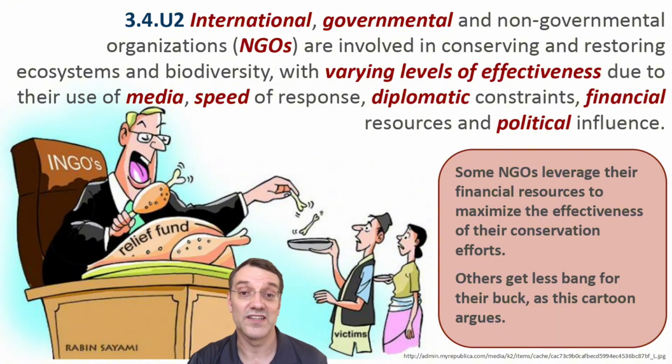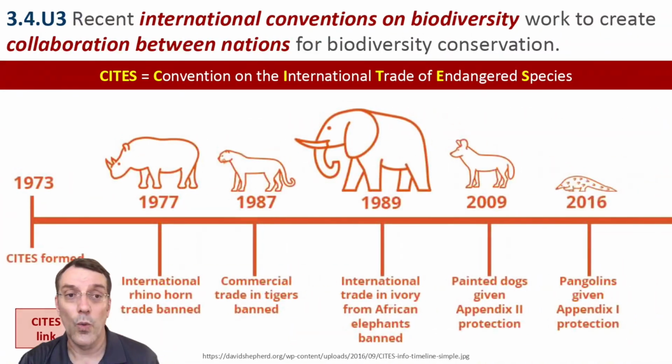This cartoon critiques how some NGOs might not efficiently use their resources. Successful conservation efforts require not just funding and money, but strategic application of resources to achieve outcomes that have been targeted and are meaningful. One of the international agreements that you're certain to come across in your IB ESS exam